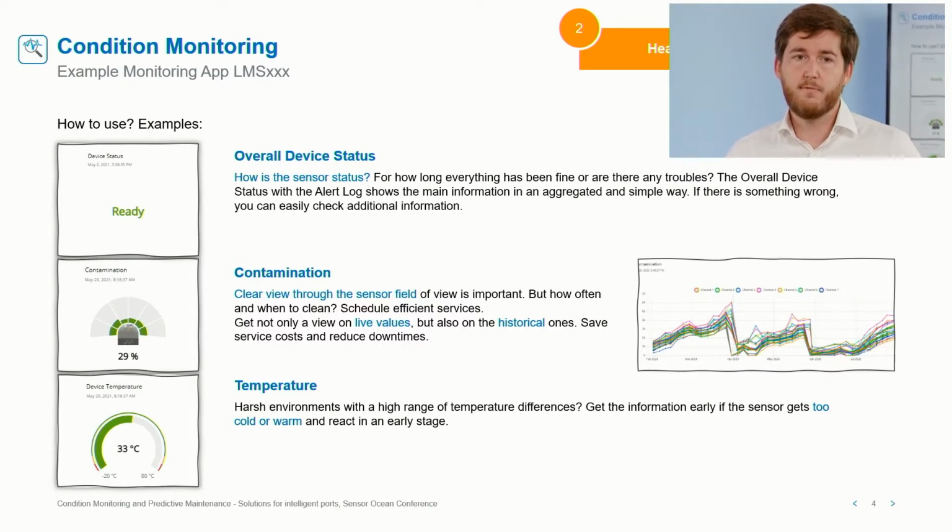You see it live, like you can see here in the picture, or on the right side, the historical ones. There you see, for example, for a half year, that every second month there was a cleaning. And so you get a lot of knowledge about the historical data. The same also with the device temperature, also possible. If it's too warm or too cold, it could also be interesting to monitor, so that you have a lot of information about the health status of the device itself.